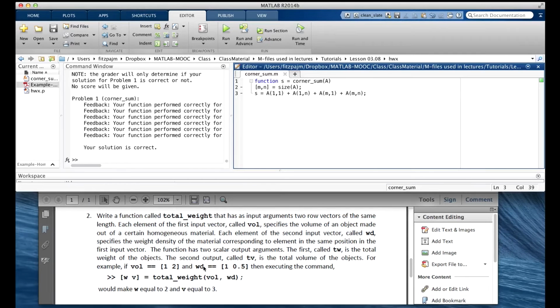Let's create the function file first. This time I'll use the toolbar and the create new function command that's right here. Let's see, somewhere there's the new function command. I create that, and it's called untitled. And it gives me the keyword function, so I don't have to type that in. It's already put brackets here, and it says put the output arguments there. And then untitled, that's the name of the function. Well, we want it to be, what was it? Total weight, let's put that in.